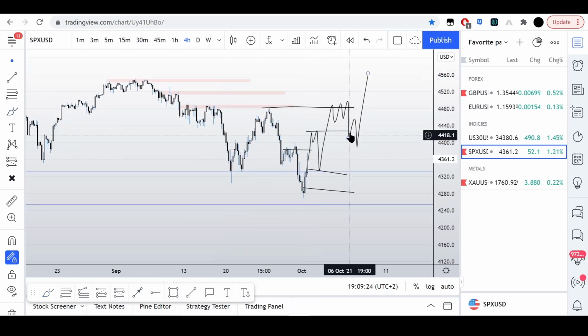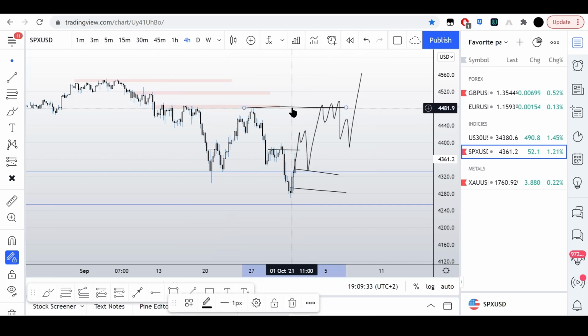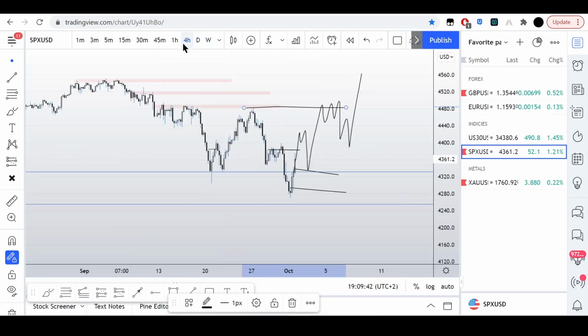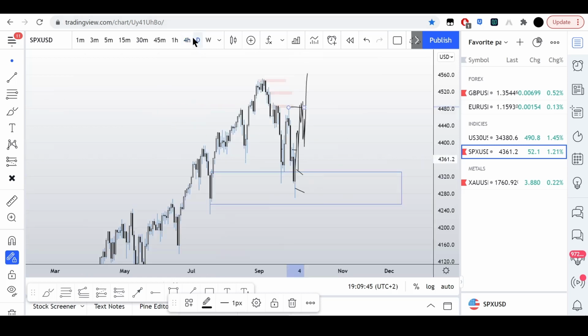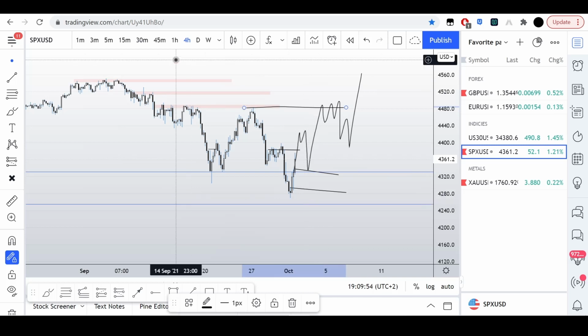Now it's not gonna look this clean, of course, but just kind of understand my context and my gist of what I'm trying to do with this pair. But that's exactly what I'm trying to do. Once price can give me some type of reaction, break this structure, come back down. Now if you want to be aggressive, you could, actually that wouldn't be bad at all. That wouldn't be bad at all. If price can break this structure, react, and then come back down and come into this, I might look for a buy here and then swing